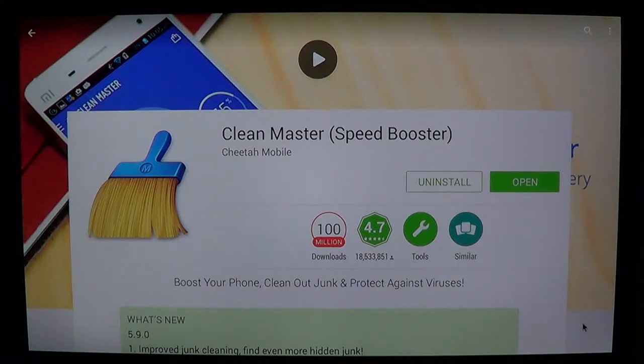Welcome to the Android channel, and today we're going to review an app called Clean Master Speed Booster by Cheetah Mobile. Now this is a great app if you know what the biggest problem in Android devices is, whatever they are,